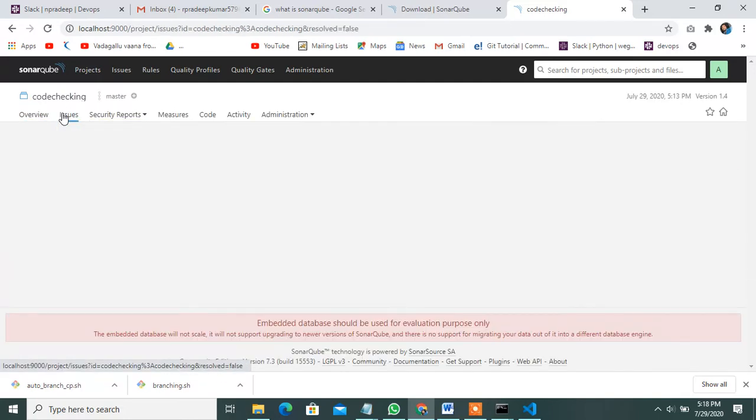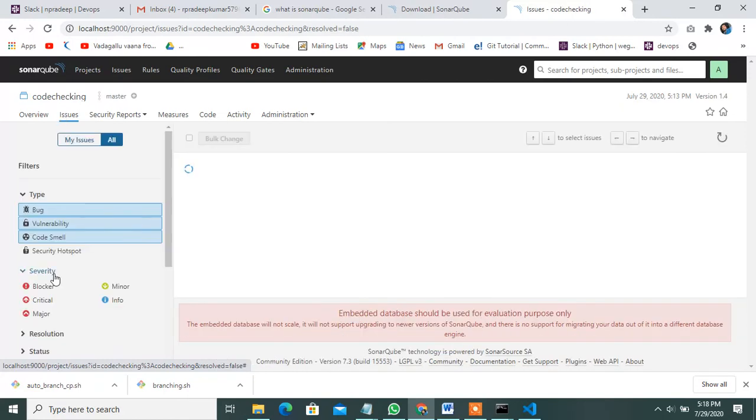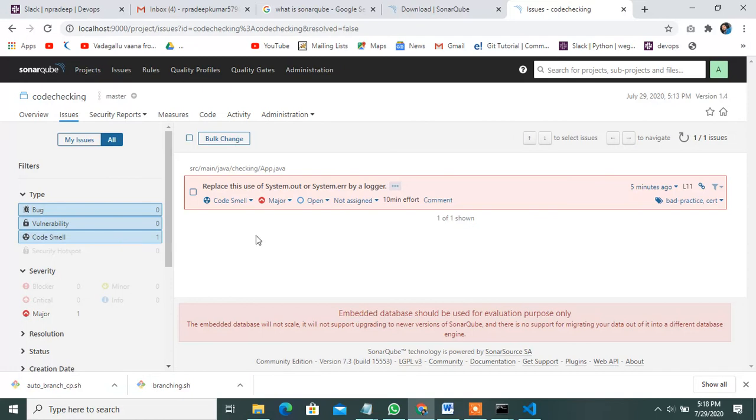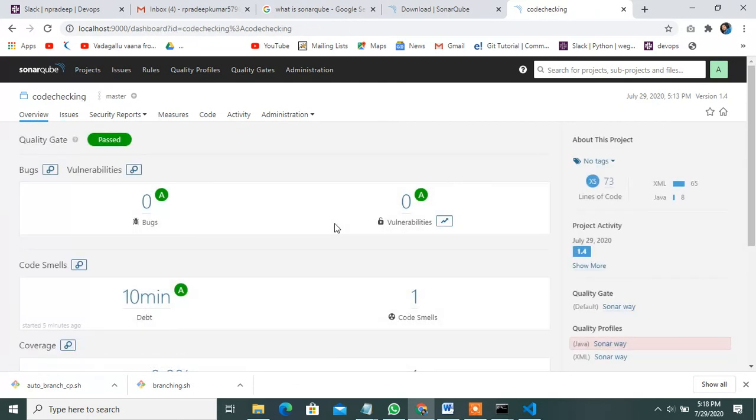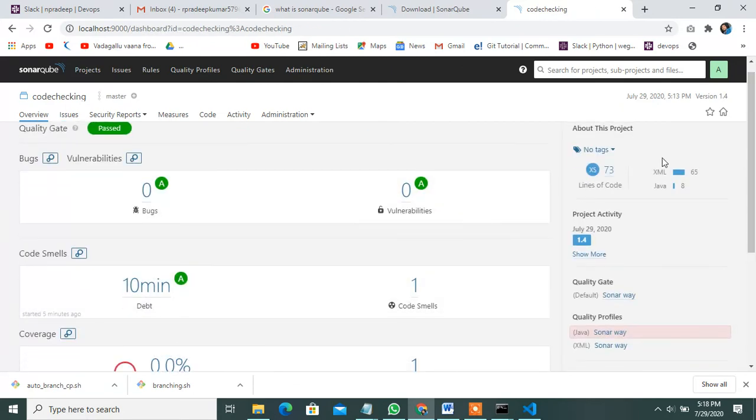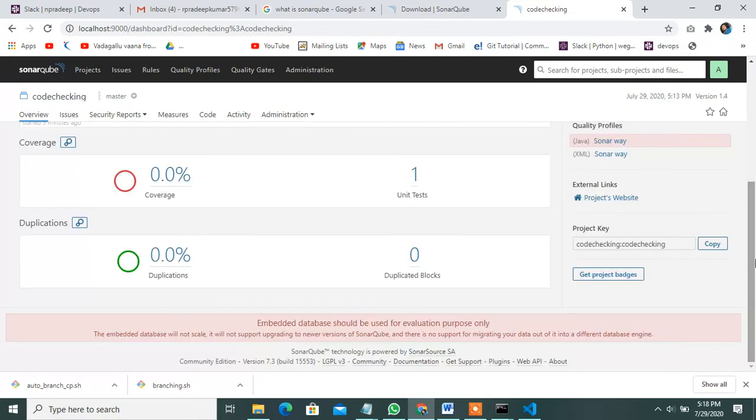See, no other issues. You can check the qualities and bugs, visibility, and the use of System.out in a Java program. That case will be displayed here. See, 73% coverage is displayed once it is available after running the code.